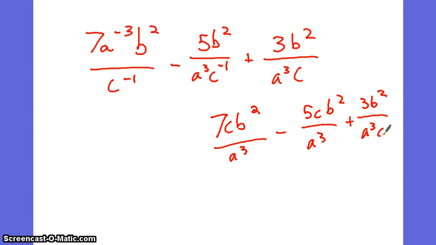As you can see, you got two like terms, the first two. 2cb squared, 7 minus 5 is 2, over a to the third, plus 3b squared over a to the third c. And pretty easily you can see how you can do that. Now,